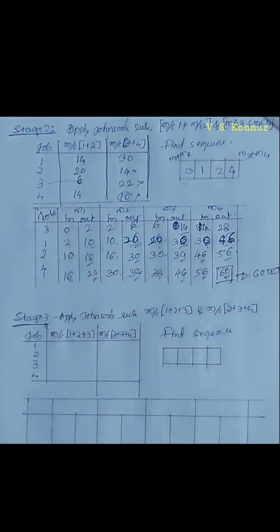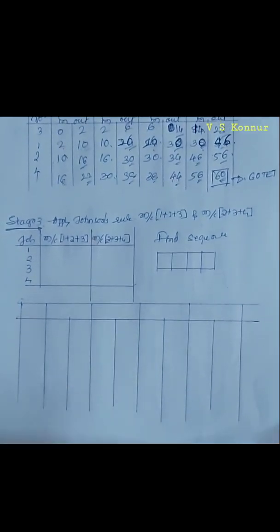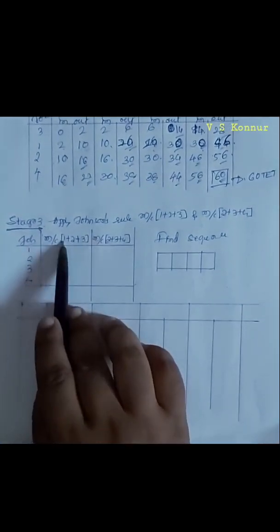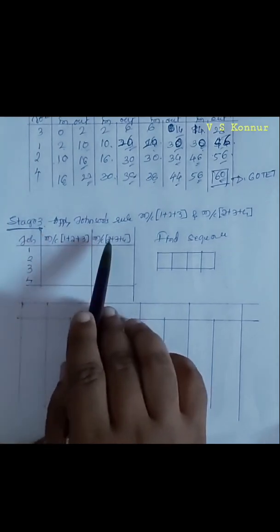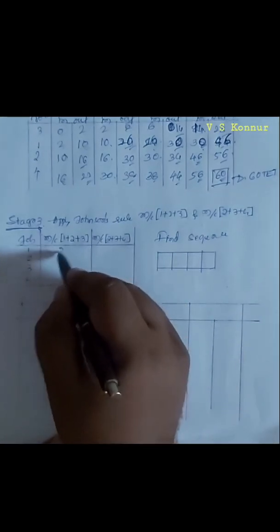So total elapsed time from this method is 60. One more method is there in this problem. So we'll solve that by adding m1 plus m2 plus m3 and m2 plus m3 plus m4. We have to add m1 plus m2 plus m3, m2 plus m3 plus m4. We will get 28,